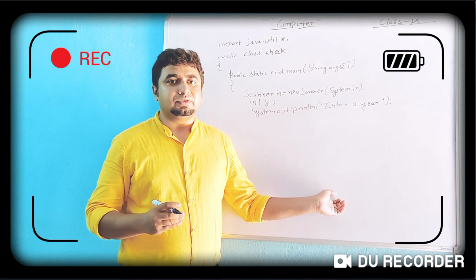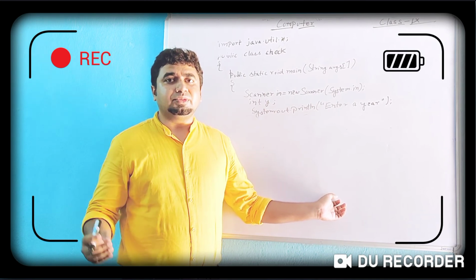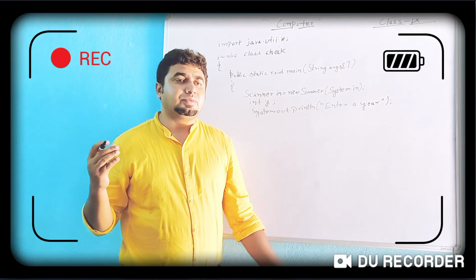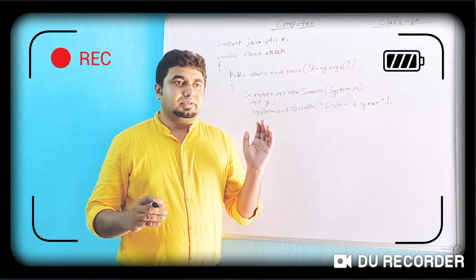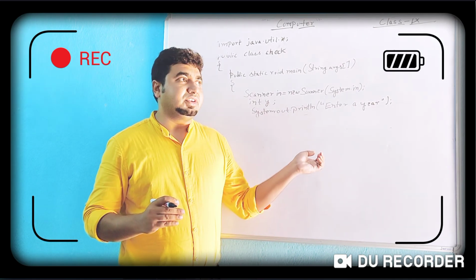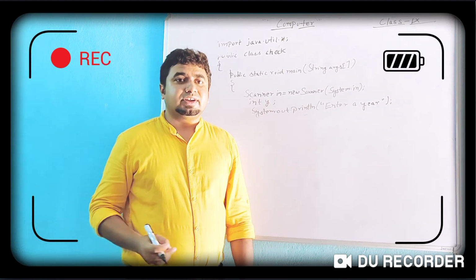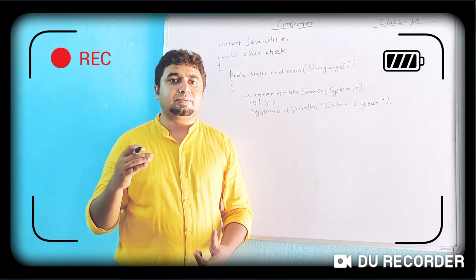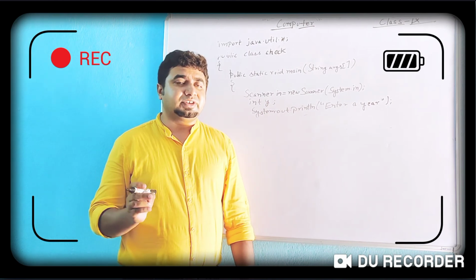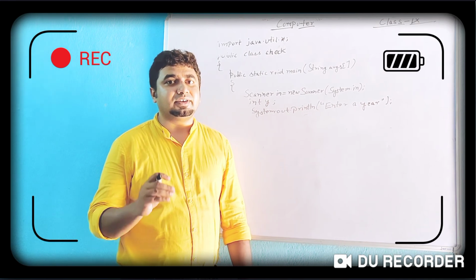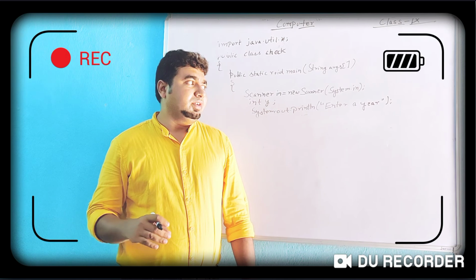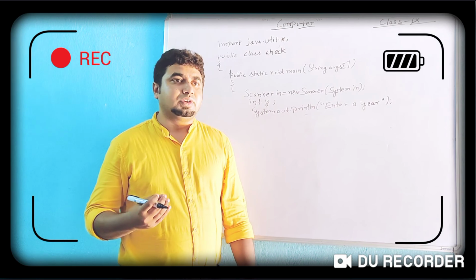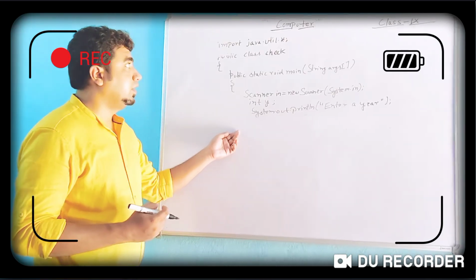Means if it is divisible by 4, then it is a leap year. But if it is divisible by 100 but it is not divisible by 400, it cannot be considered as a leap year. So the condition is clear: if the year is divisible by 4, then we have to check whether it is divisible by 100 or not. If it is divisible by 100, then it should be divisible by 400. That is a compulsory condition. Or if it is not divisible by 100, then you just check that it is divisible by 4 or not. So this is the basic checking condition for finding the leap year.